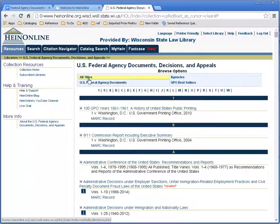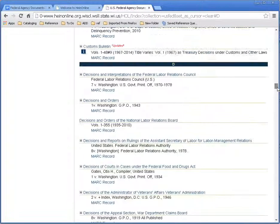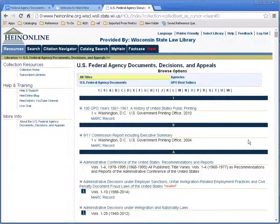Remember, this is the initial page that you see if you are pulling up the Federal Agency Documents library. So one of the tricky things about browsing by title is that it's not always filed under what you might expect. Let's say you're looking for decisions. You could certainly go to D, which does have a bunch of titles that begin with decisions, but you'll see